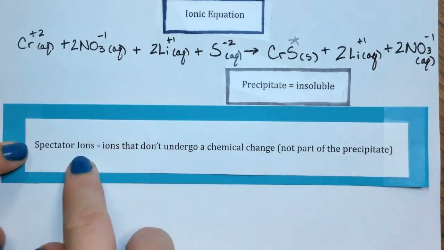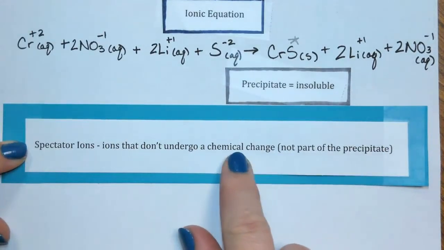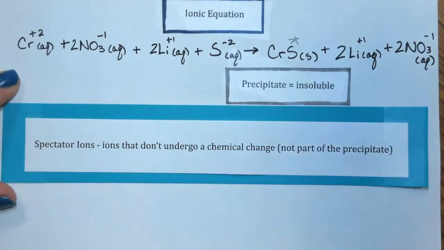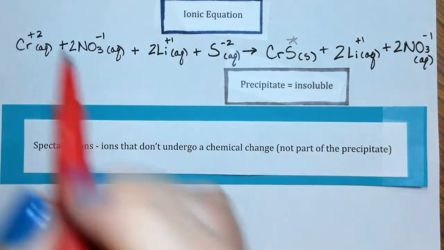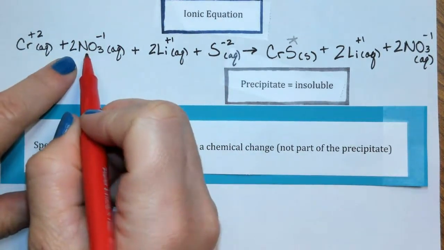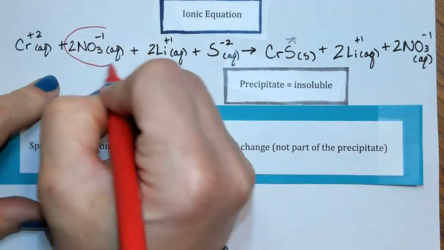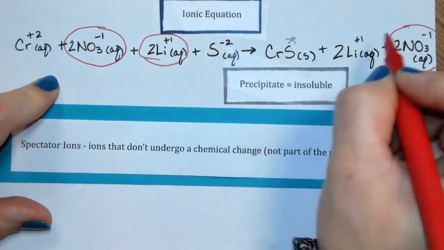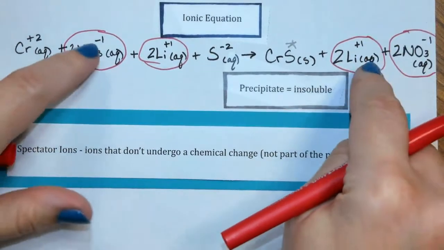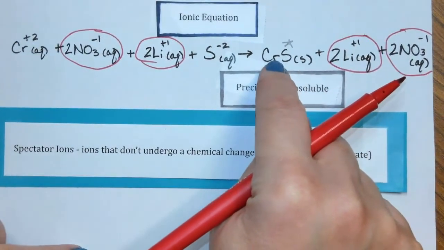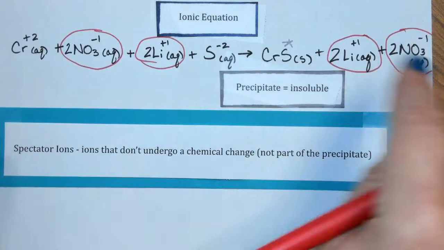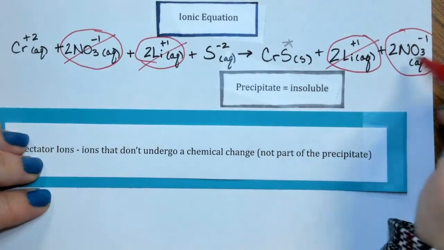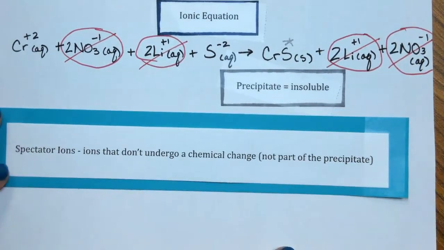So the spectator ions are the ions that don't undergo a chemical change and are not part of the precipitate. So we're going to identify our spectator ions. Nitrate here is my first spectator ion, and the lithiums are my second spectator ions. These are the ions not involved in the precipitate, and they appear identical on both sides of the equation. We're going to cross out the spectator ions because we usually don't include them in the last part, which is